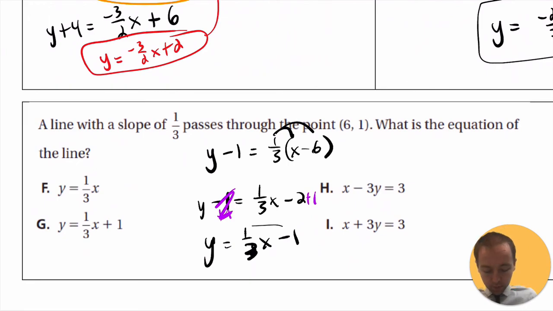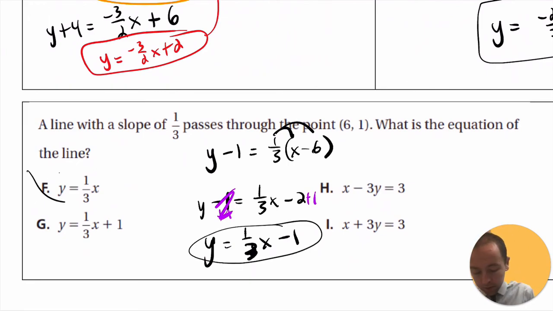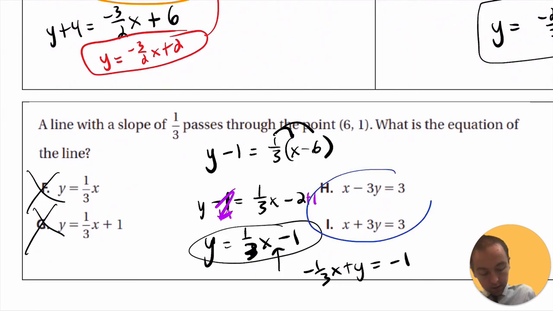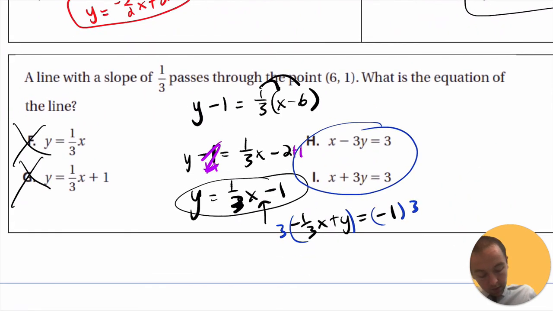So at that point, once you know the equation, that should rule out F and G, because none of them are like that. And so that would probably bring it down to just either H or I as the possible options. One thing you could do is solve this for having it in standard form, where the x's and y's are on the same side, just fitting the forms here. So if you subtracted the 1/3 x, you're going to have -1/3 x plus y equals -1. And then since nothing has fractions there, you can eliminate fractions if you multiply by, say, 3 on both sides. And then that would get you to x plus 3y equals -3, which really doesn't match any of those